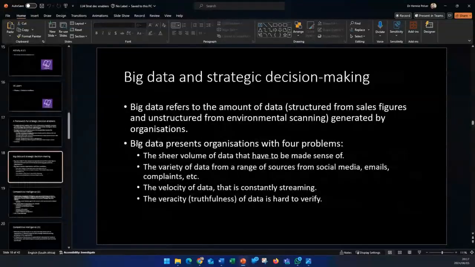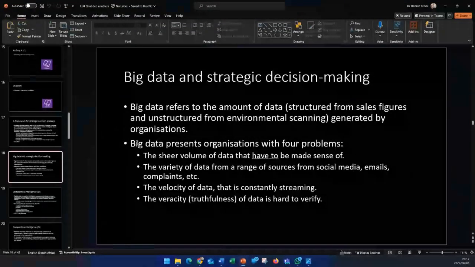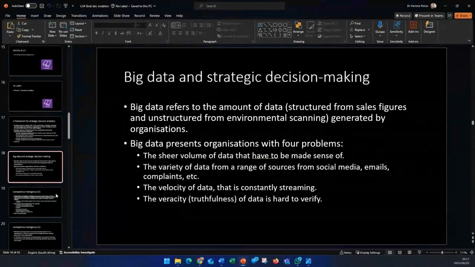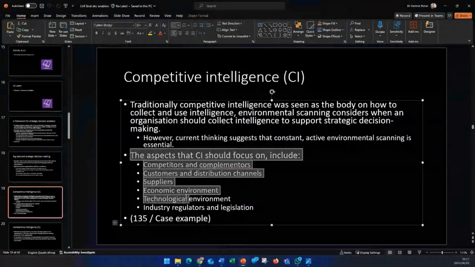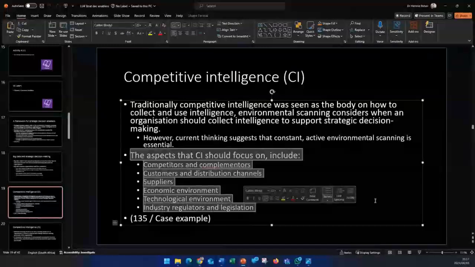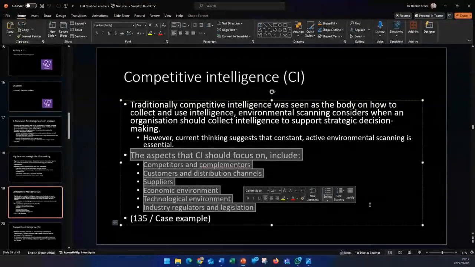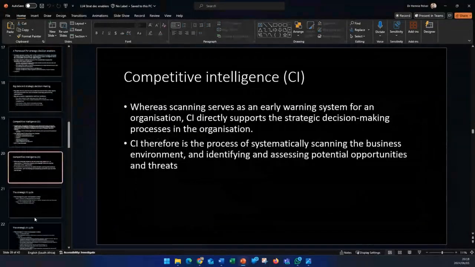And if you see stuff around big data, it's just the idea that data is generated all the time, and we need to make sense of that. Sorry, it's this one. They used to automatically default to this one, but they haven't in the recent past looked at that. But guys, this was in your assignment, and I would suggest you look at those assignment questions